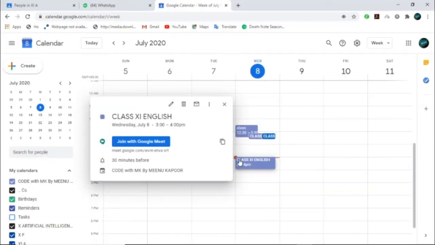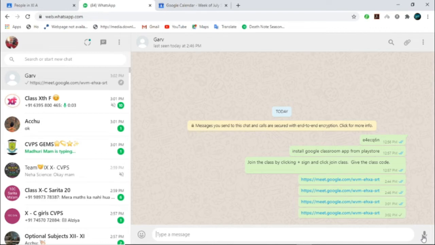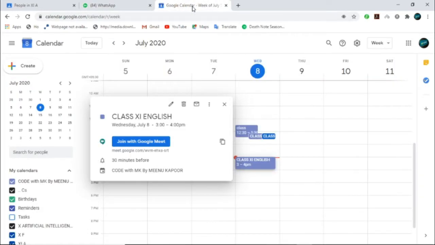But if you are not using Google Classroom, no problem at all. You can send the invite or the link through WhatsApp also. For that, you can copy the link and open your WhatsApp, paste the link in your class group and send. Right? Your students will join the class at the particular schedule.